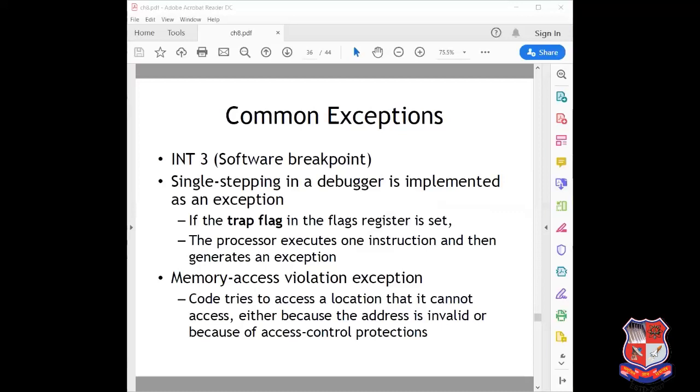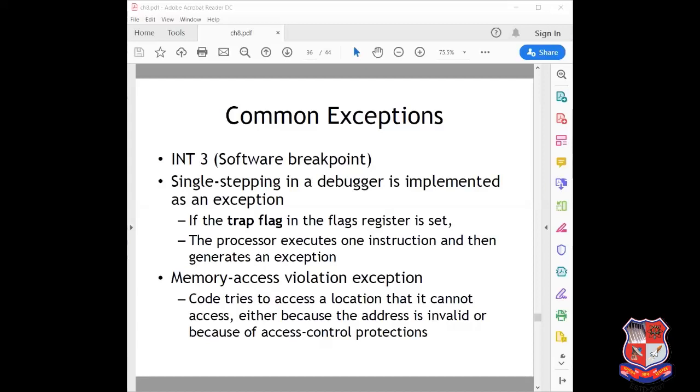Common exceptions. There are several common exceptions, and the most common is the one that occurs when the INT3 instruction is executed. The debugger has special code to handle INT3 exceptions, but the operating system treats this as any other exception.